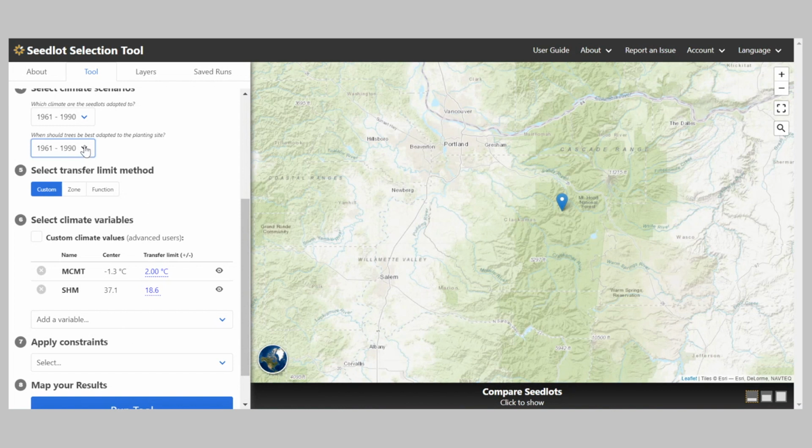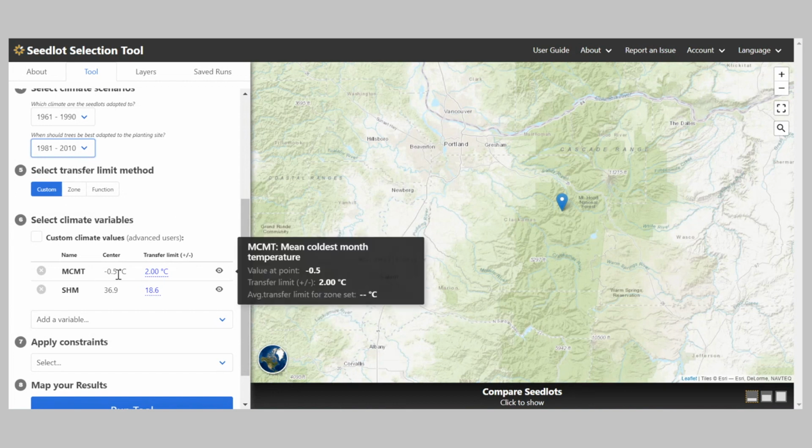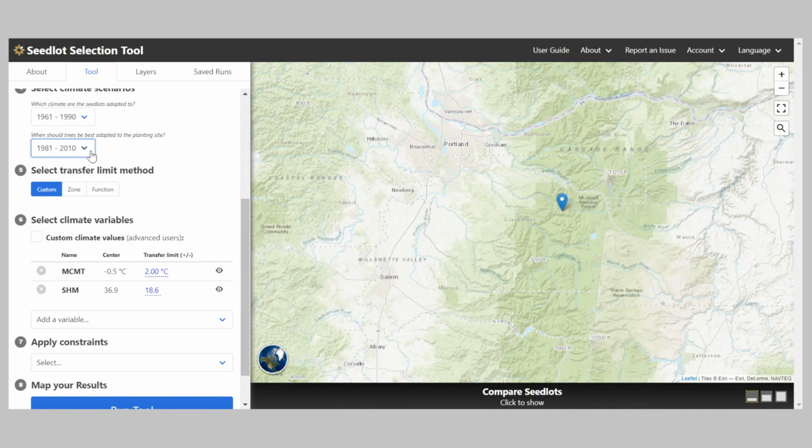And if we were to select this 1981 to 2010 period, which is also actual data from that period, we can see that the mean coldest month temperature has now increased from negative 1.3 to negative 0.5 degrees. That's showing change that has already happened.